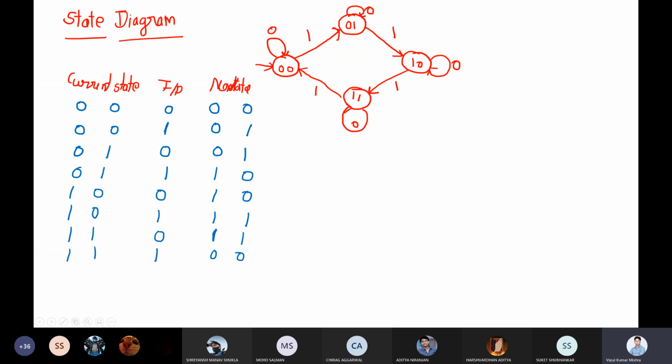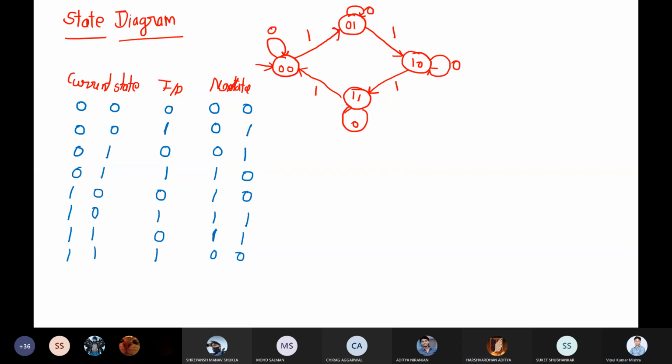So can we say this is a counter kind of thing, where once you add 1 to 0, it will go to 1. When again you add 1 to 1, it will go to 2. And again adding 1 to 2, it will go to 3, and if you add 1 again, it will go back to 0. So it is like a circular counter, where you are counting from 0 to 3, but if you go beyond 3, it will come back to 0. Got it? Any doubt till this point? Guys, any doubt till this point? No, sir. Right. So if you are able to make this state diagram, can we make a state table here? Yes, sir.